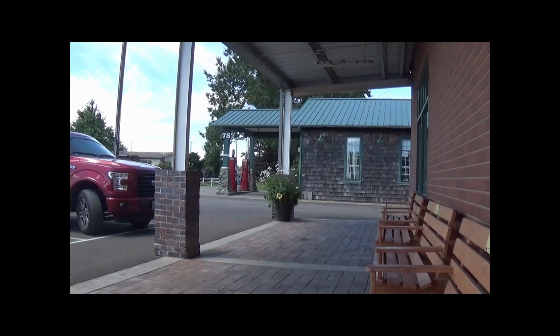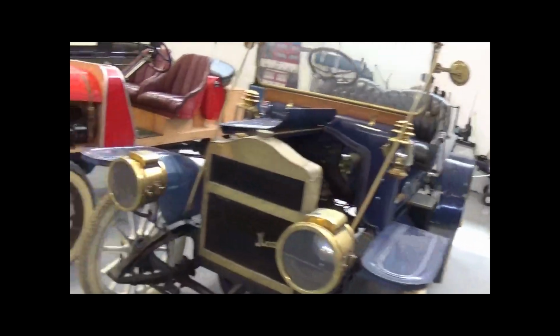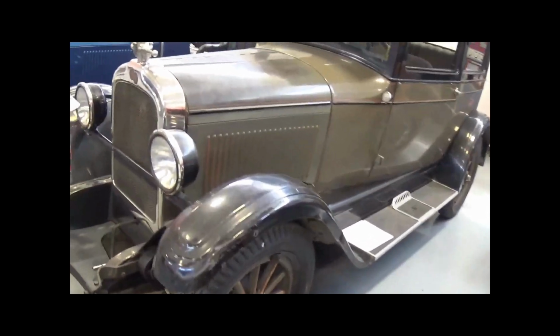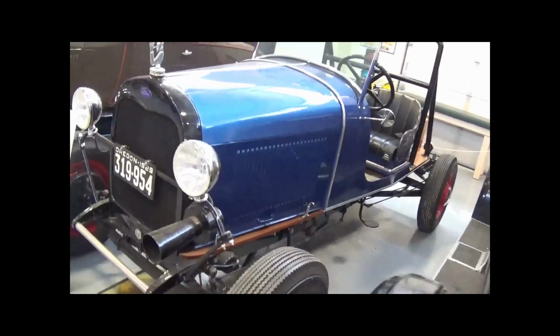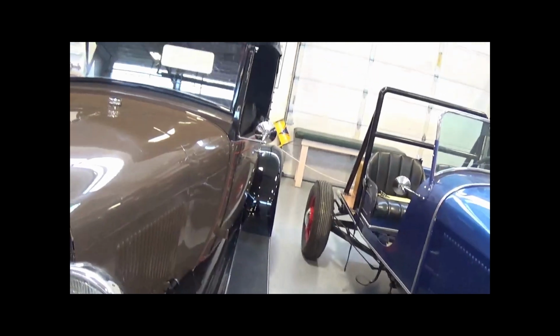Just a short distance down the road is a museum dedicated to motor vehicles, and this is for motorcycles and antique cars, and what a collection they have. If you wanted to travel in style in the early 1900s, here's what you would drive. Wow, would those ever be fun to drive? Would I love to have one? There's a collection from 1910 to 1936, and all sorts and shapes of cars that would have been really prestigious cars